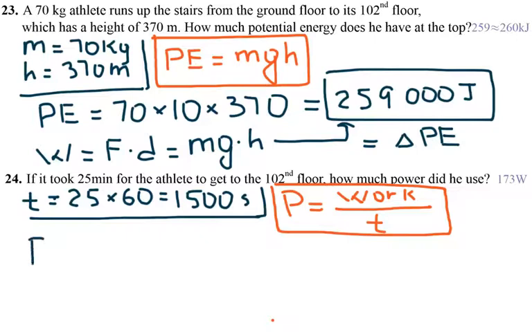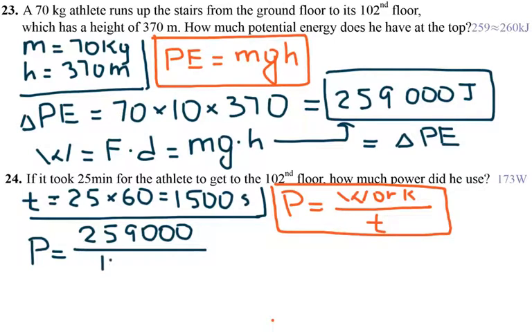So the power in this case is equal to the work. The work is the same as the change of the potential energy, and we just found that change of the potential energy, because on the ground the object had 0 potential energy. Now the object has 259,000 joules of energy, and it took 1,500 seconds to do that. And again, I can divide the top and the bottom by 100,